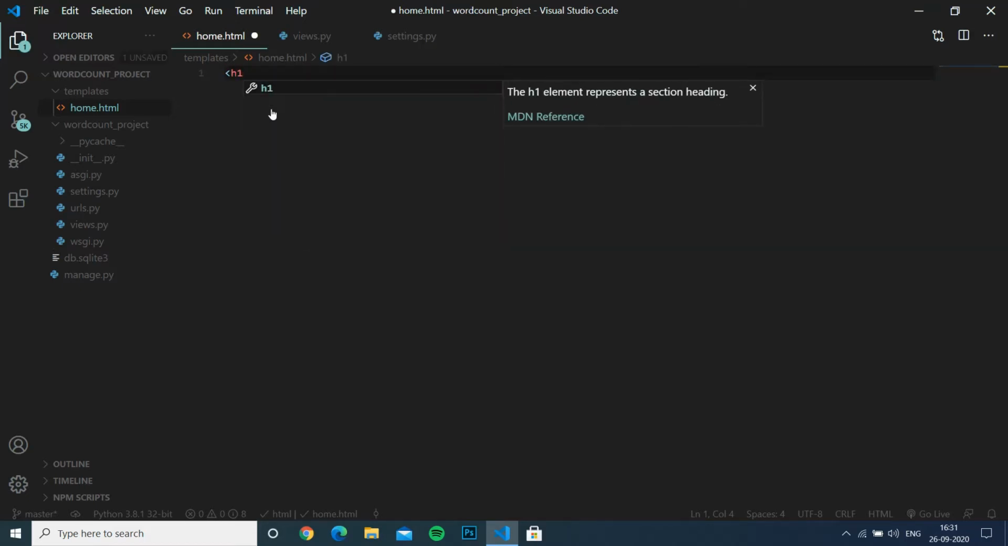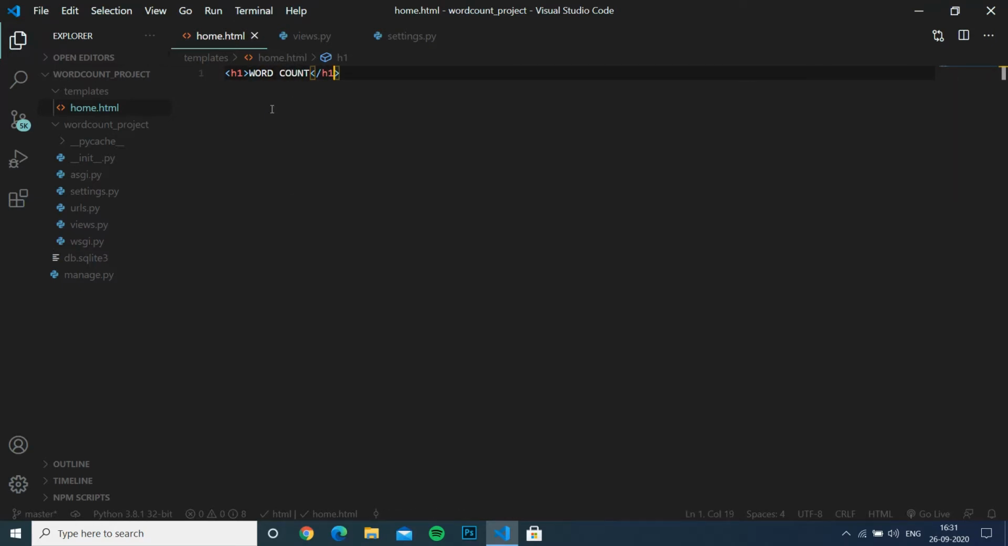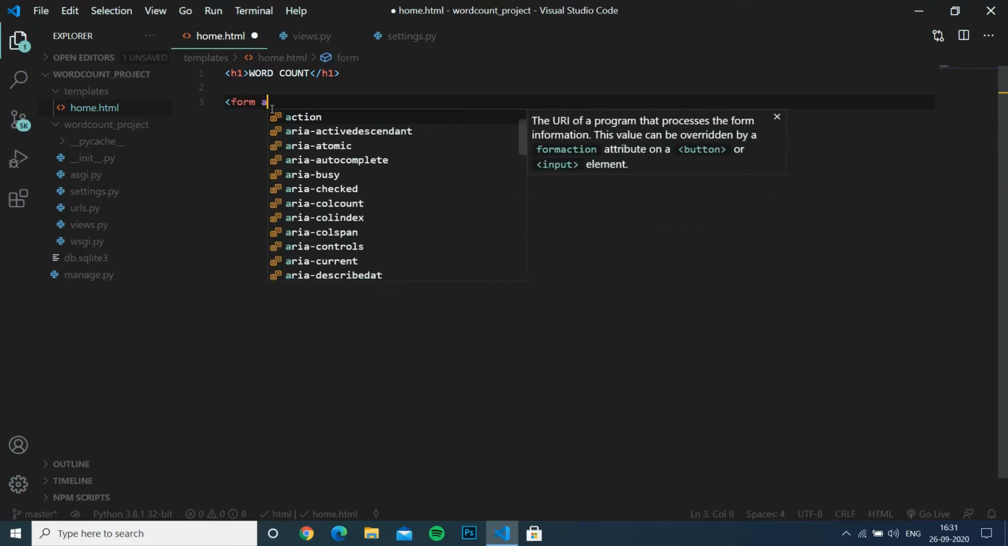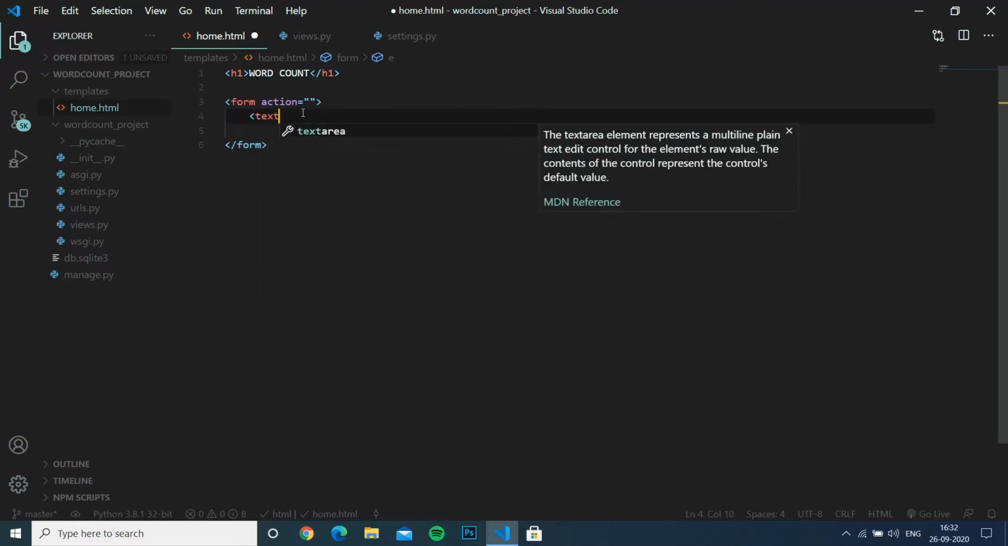we're going to have an h1 tag, and let's do word count, because this is a word count project. Now there's a form tag, so we're going to do opening and action, and then let's close this tag. So I have a form tag. Whenever you open a tag, you need to close a tag as well, for h1, for a form tag, for any other tags. So let's do textarea,